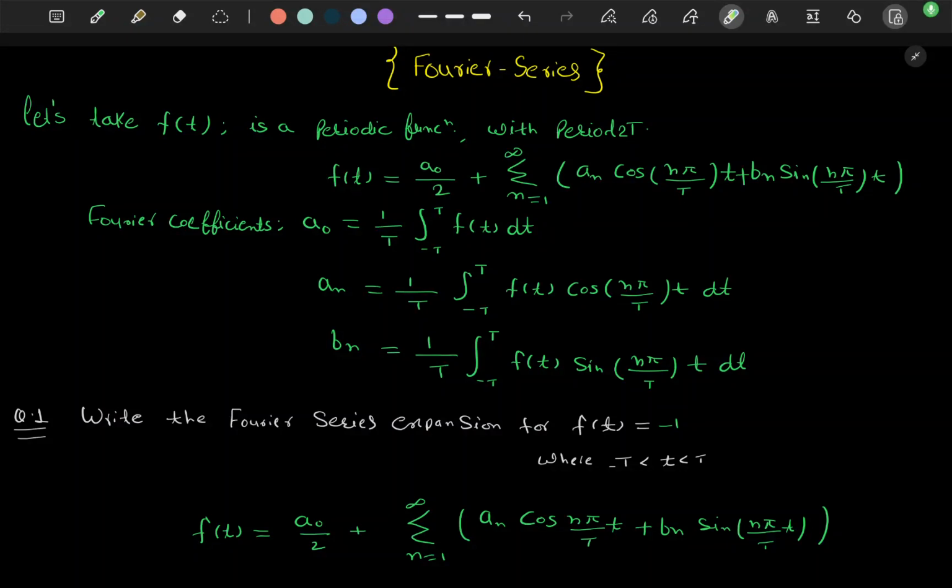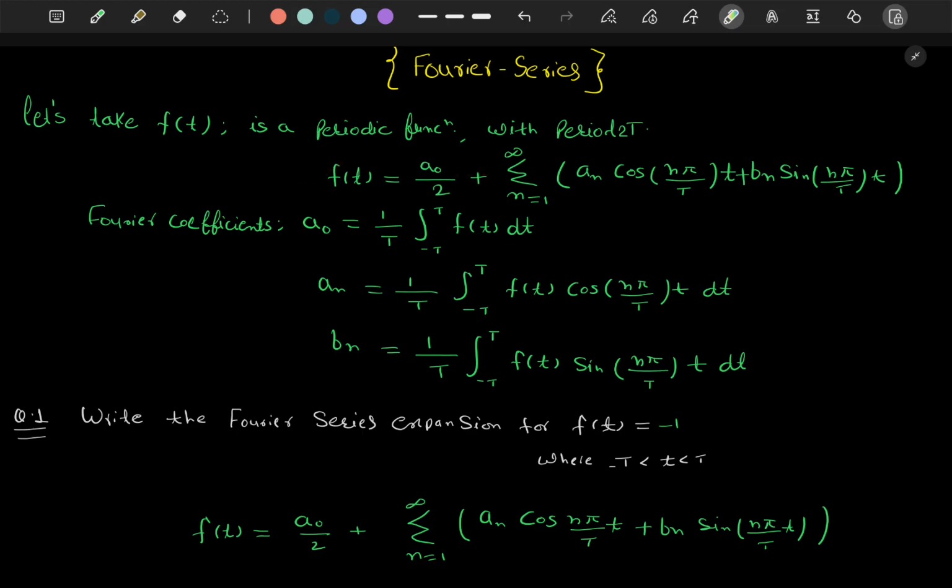Now we will study about Fourier series. Suppose we have a function f of t and it's a periodic function and its period is 2T. Remember, period is 2T. If we take period T, then we have to do T by 2. So remember, we are having a periodic function with a period 2T, and the function can be expressed as